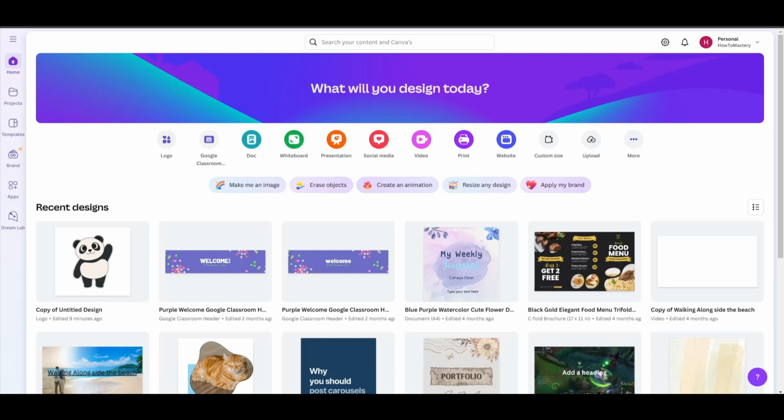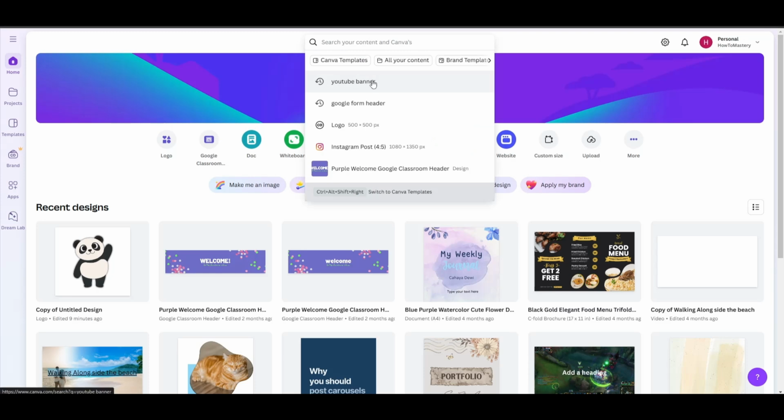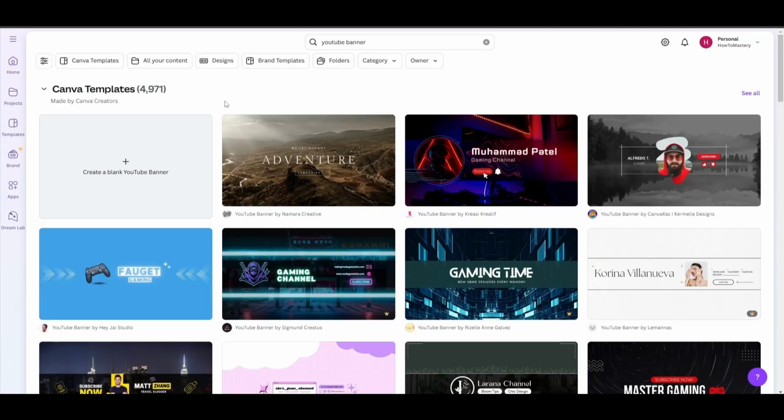How to make a YouTube banner in Canva. So first, go to your account and then click on the search bar at the top and type in YouTube banner and search for it. Now from here, you can either create a blank one, create a YouTube banner from scratch, or just use one